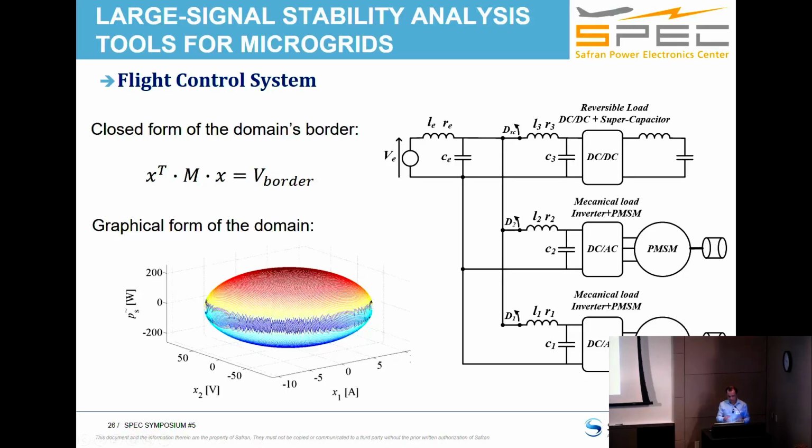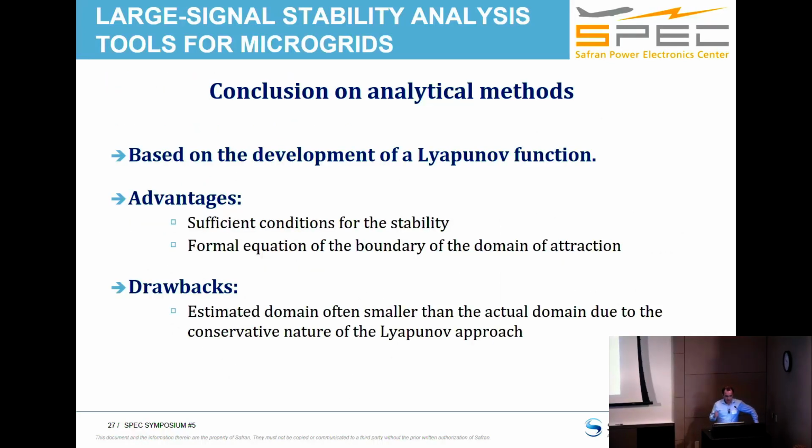If you go to 3D plots, you get this kind of cheeseburger, or, you know, it looks like McDonald's, but it's the domain of attraction in 3D. By the way, in this system you have 8 or 10 variables. I don't remember the exact number of variables, but you can't plot it in 10D. So you have to project in 3D, and you get this kind of plot. Now let's conclude